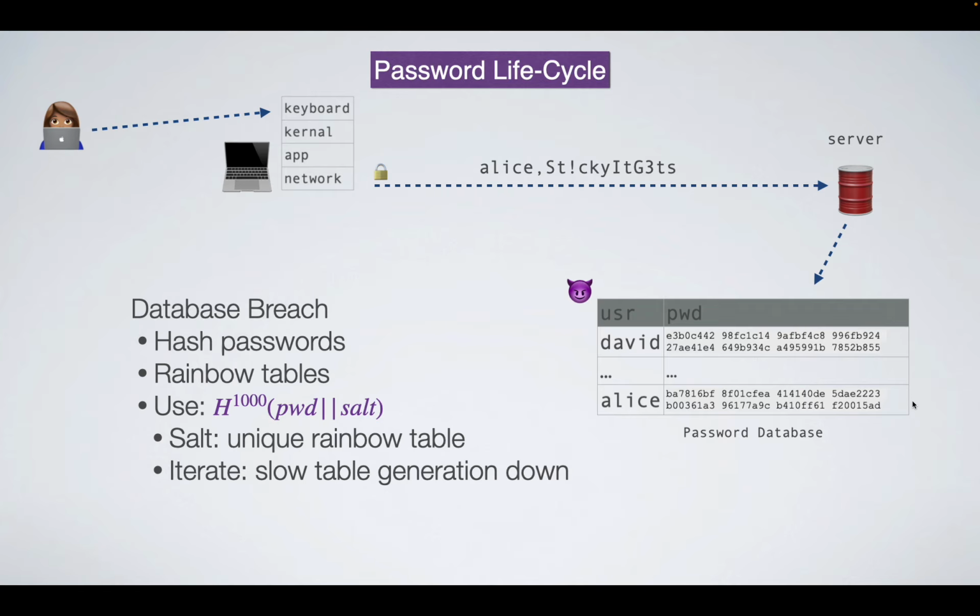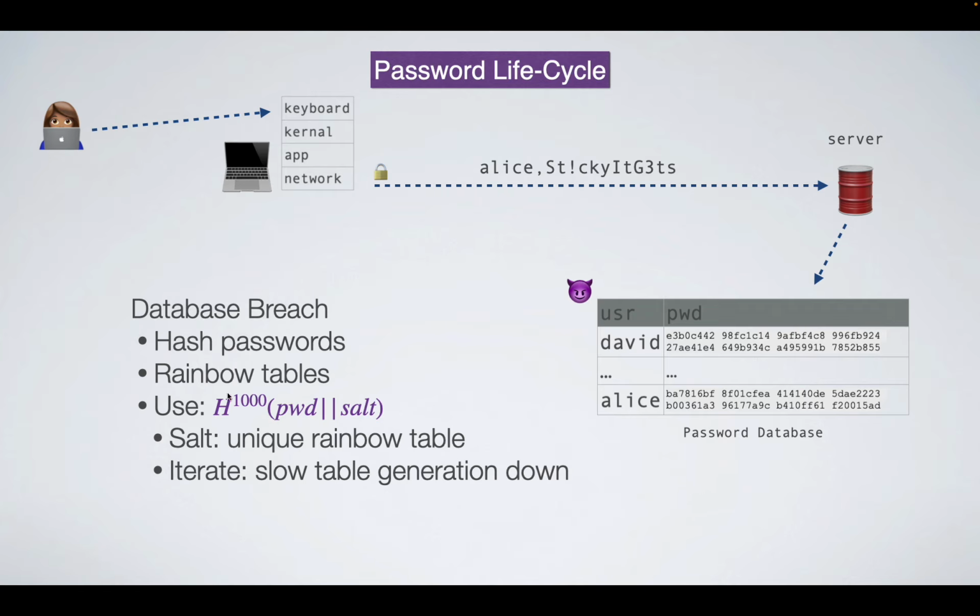So because the salt is stored here, when they breach the database, they get the salt, so it's not unique anymore because you have the salt, yeah? But it just means that I can't use someone else's rainbow table because they didn't have that salt value. And then what the website should do is use a different salt for every user. So I also can't crack all users at the same time, right? I have to really target, I have to say I'm attacking Alice now, and then I have to do the full rainbow table for that value of the salt. And then if I want to crack David later, I have to use his salt value. I have to start all over again, okay?